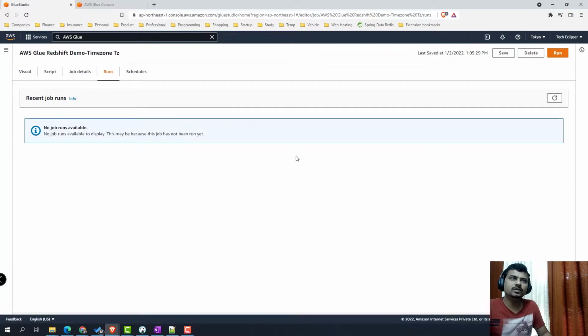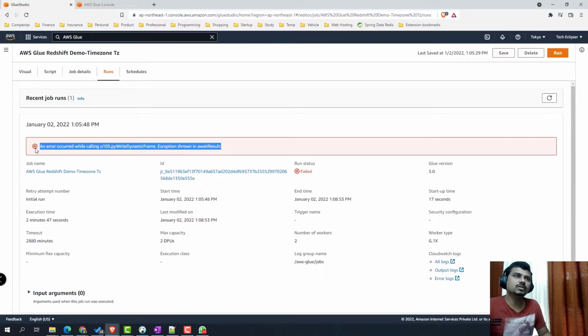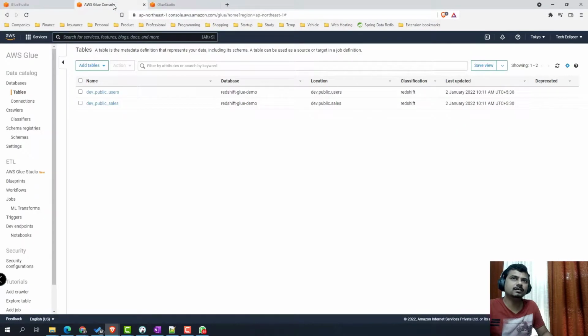Now we'll do a run. This is supposed to fail because, as I mentioned, we cannot write into a Redshift column with timestamp data type with time zone enabled.